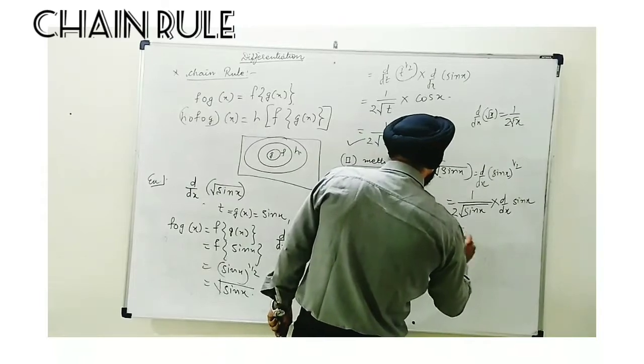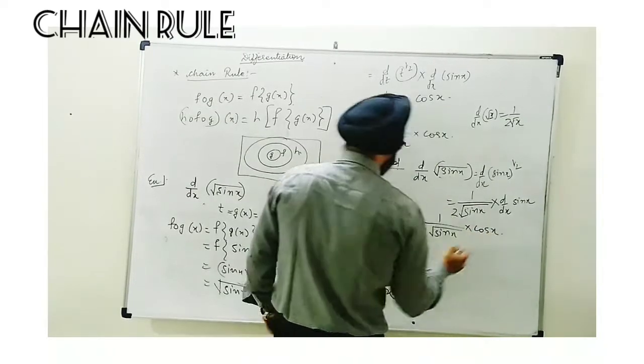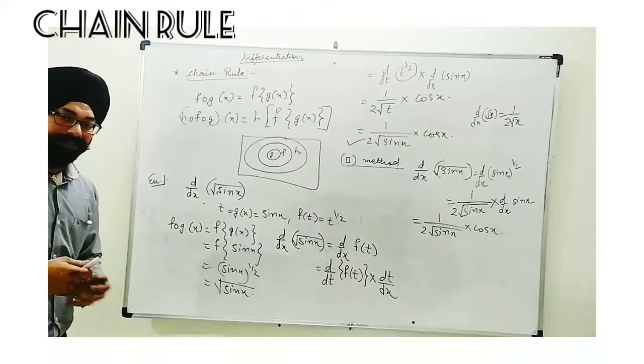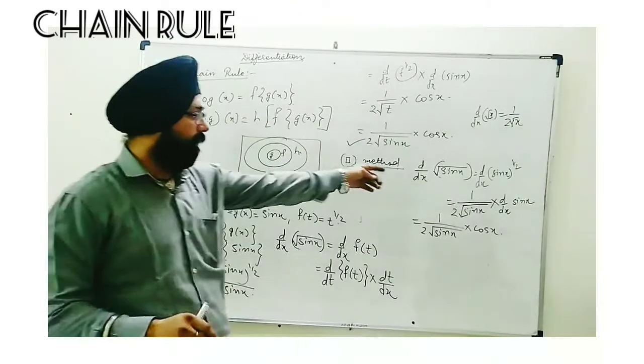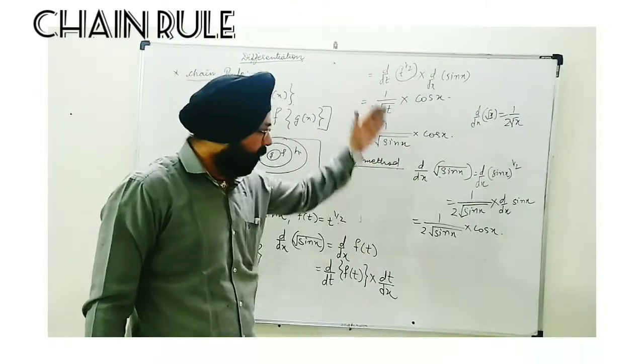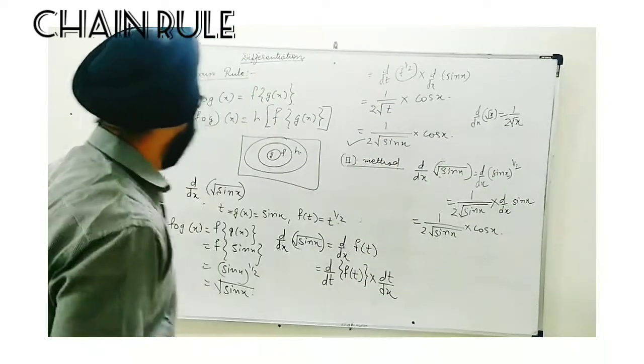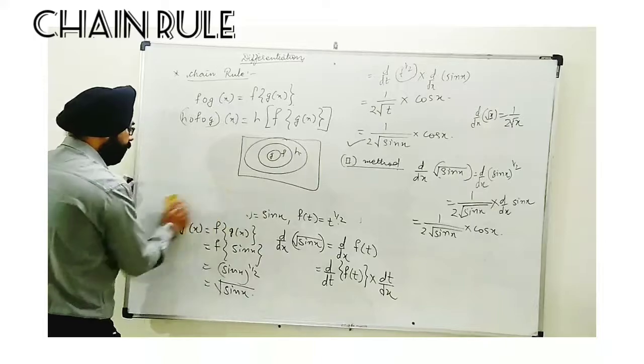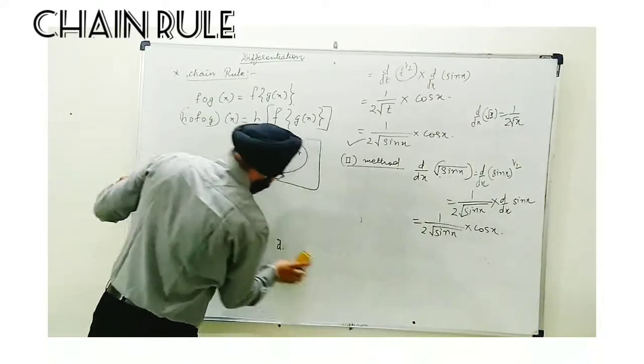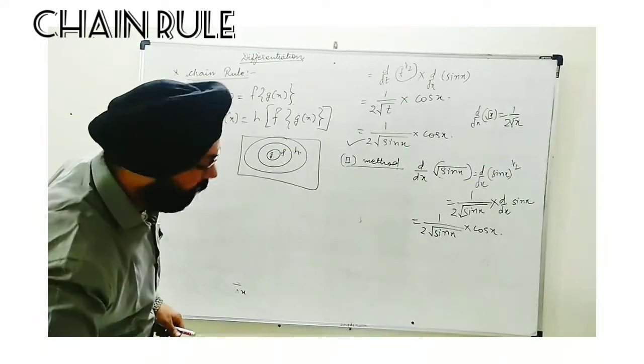So this way we can directly do it using the chain rule without any consideration. And I suggest, because when you want to be perfect, you have to follow this method only. Not only this, more examples we will consider, and the same pattern I will explain.